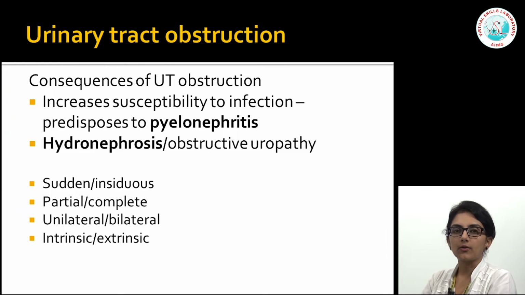So let's move on now to urinary tract obstruction. What happens because of the obstruction and what are the various causes? Of course, the most important consequence of any urinary tract obstruction, as we've already discussed, is an increased susceptibility to infection and therefore pyelonephritis. However, in the absence of infection, just an obstructive uropathy can result in a hydronephrosis, which we commonly see